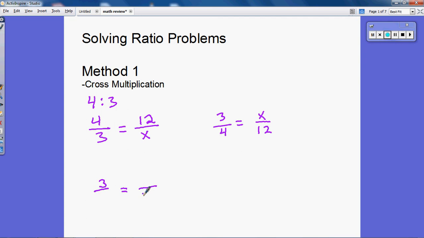If the 3 is here, 12 is there, 4 is here, and the x is here, this is an identical ratio. We're now looking at how 3 is related to x in relation to how 4 is related to 12, but this is exactly what we're looking at up here. Or we could write the inverse. X is to 3 as 12 is to 4. All four of these will get us to the exact same place and are simply different ways of thinking about